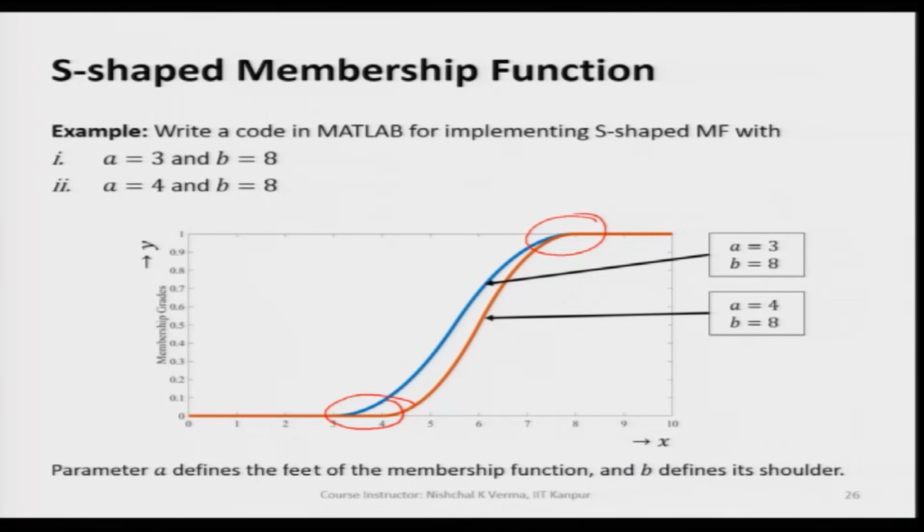It is also very important to mention that the S shaped fuzzy membership function can be used as a right open or left open type of membership function. Since the right side of this membership function remains finally at 1 all the time, it qualifies to become the right open type of fuzzy membership function.